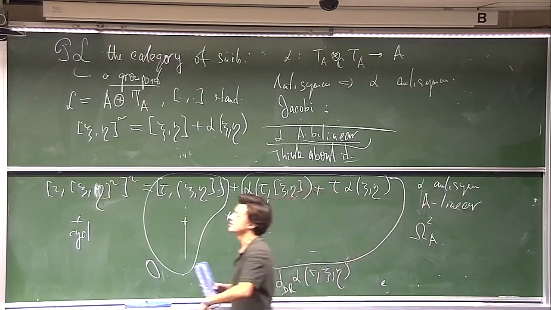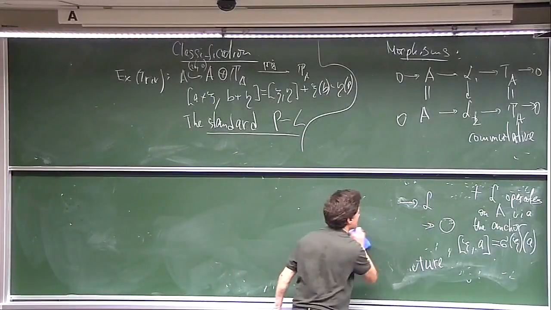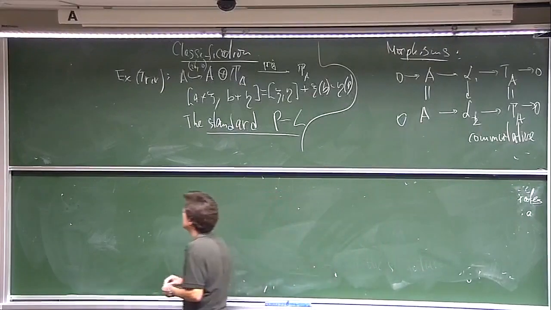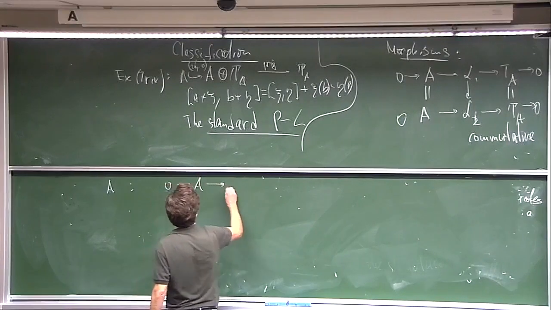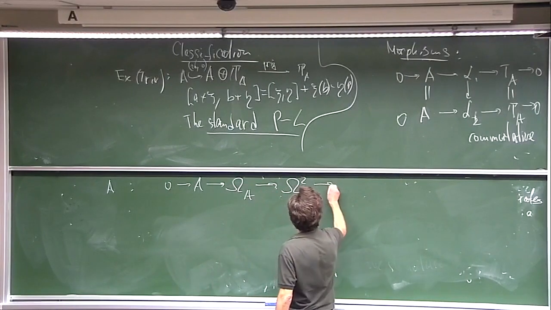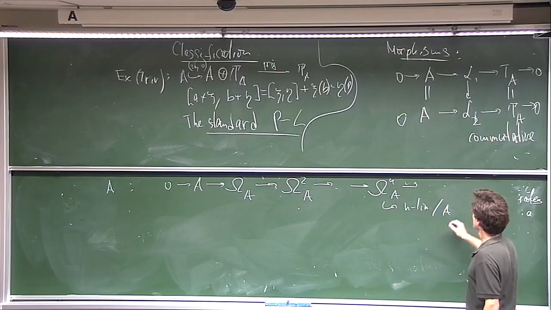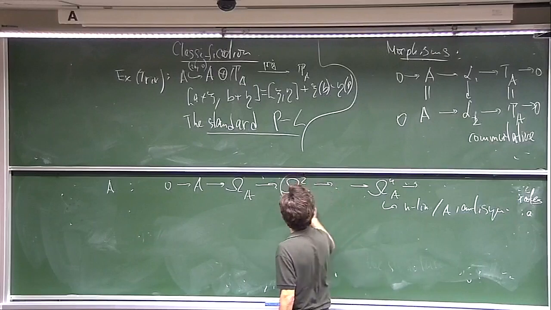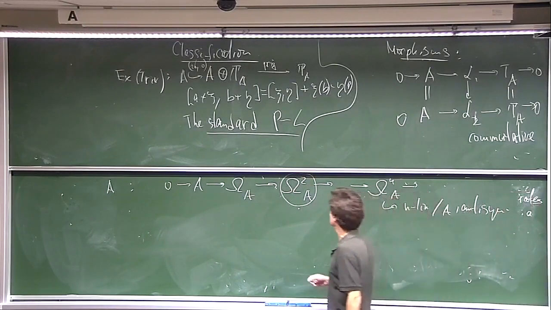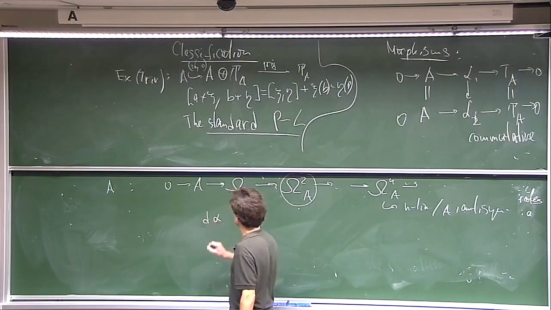Let me remind you, for those who forgot, what it means. Associated to any ring, especially when it's smooth, there is the de Rham complex: 0-forms, 1-forms, 2-forms, etc. These are n-linear over A and antisymmetric. The formula for the differential is one of the standard things in differential geometry. If I have a function of two variables, forget about this alpha, this is an arbitrary alpha. So alpha is a function of two variables. d alpha will be a function of